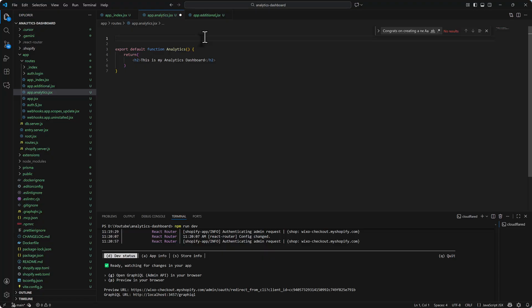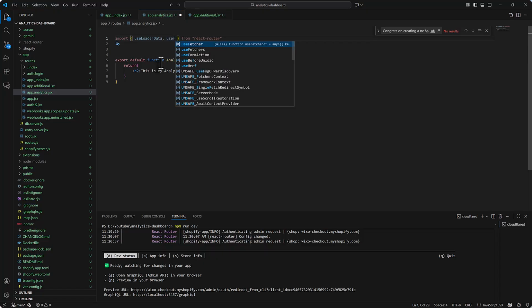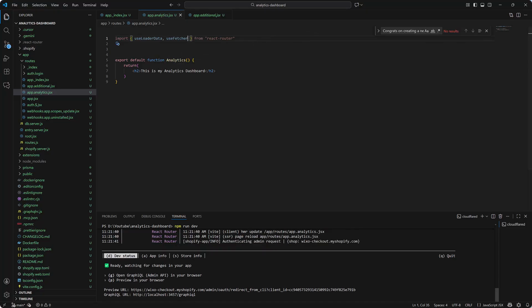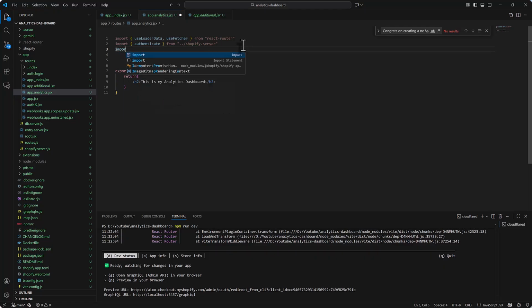So I will import useLoaderData from the React router, and similarly I will import useFetcher from the React router, and then I will import authenticate from the server, and I can say Shopify server, and then I will import